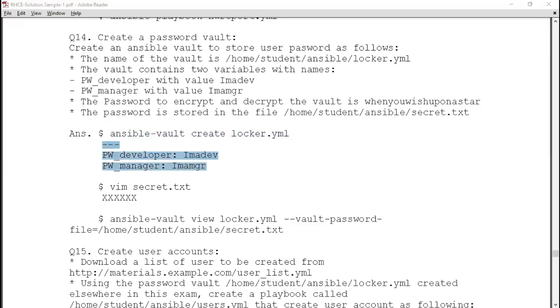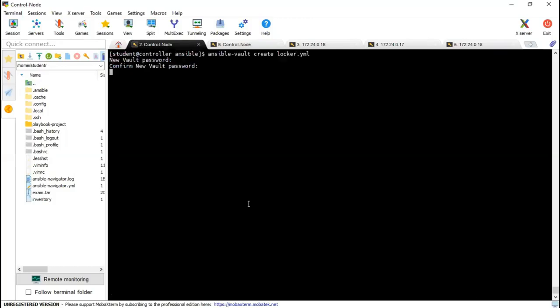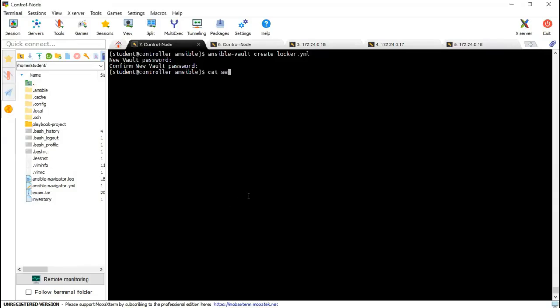Let me copy this and paste it at this position. Done. And we need to store the secret there as well. So I will store the secret.txt. We'll store the password there. Done.